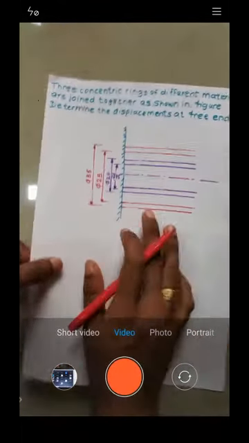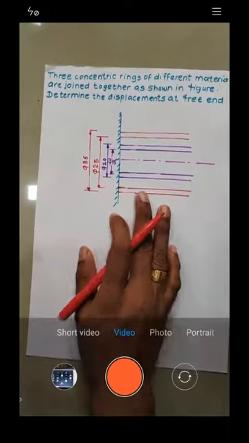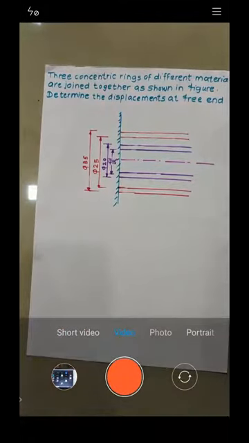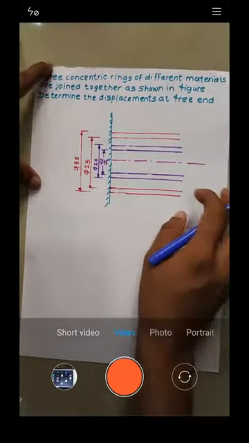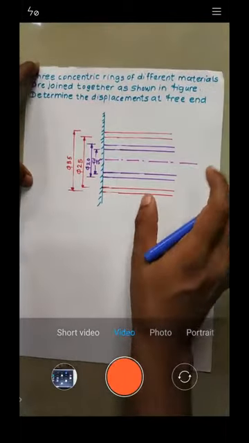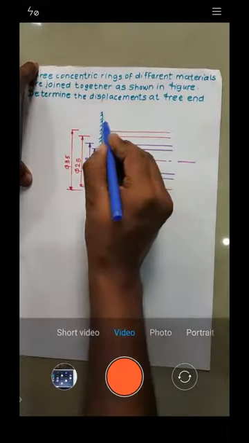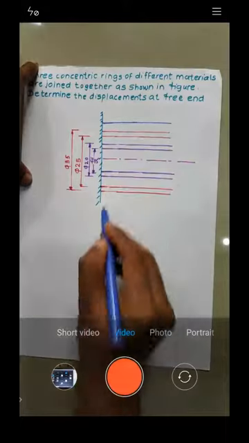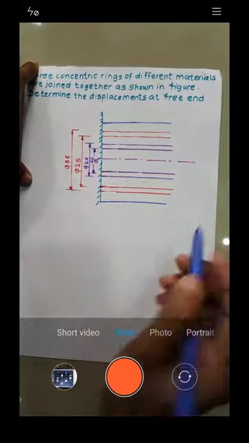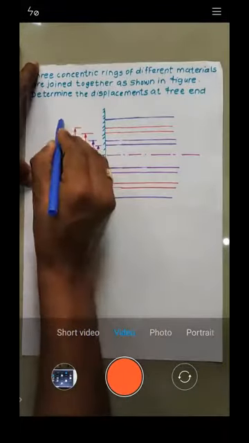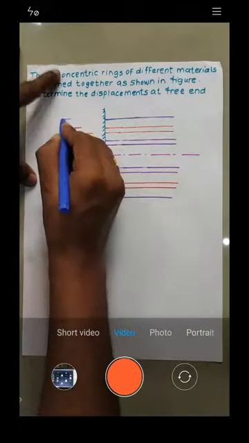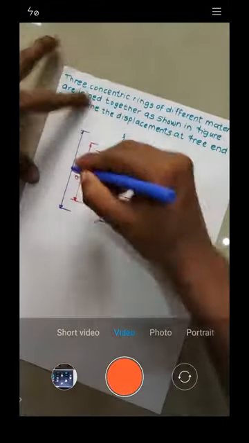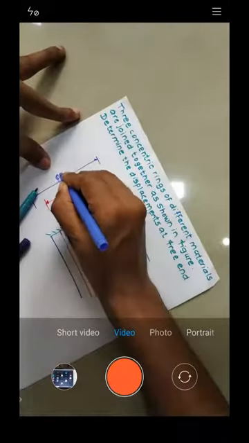After that, we have one more ring. You might feel that this problem is complex. It's not a complex problem. This is the most simple problem. This ring has an inner diameter, which I will mention, and this inner diameter is phi is equal to 40.